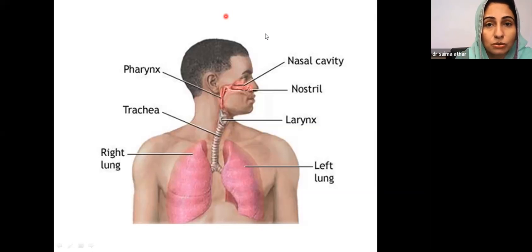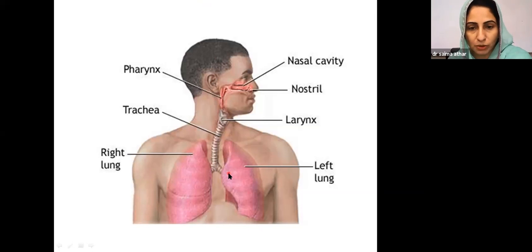So it's important to know what are the factors which may lead to abnormality in the development of respiratory system. So to know those factors, first it is important to understand the normal development. Okay, so we'll be going through the normal development of respiratory system. I hope you are aware that